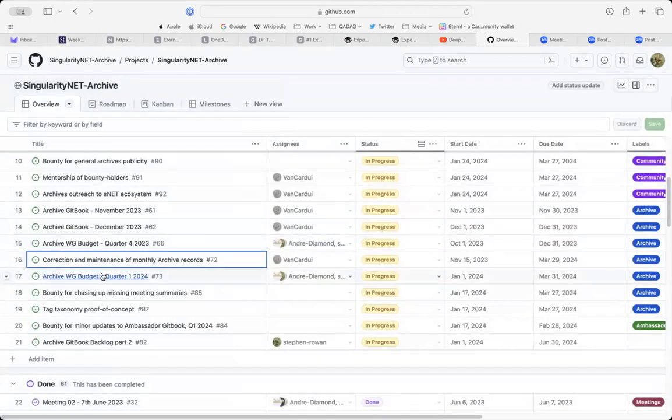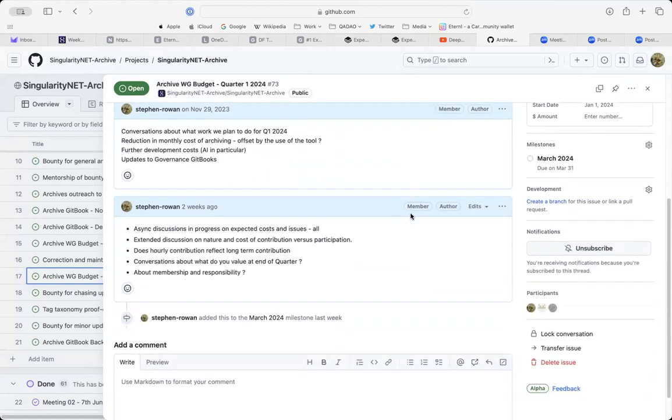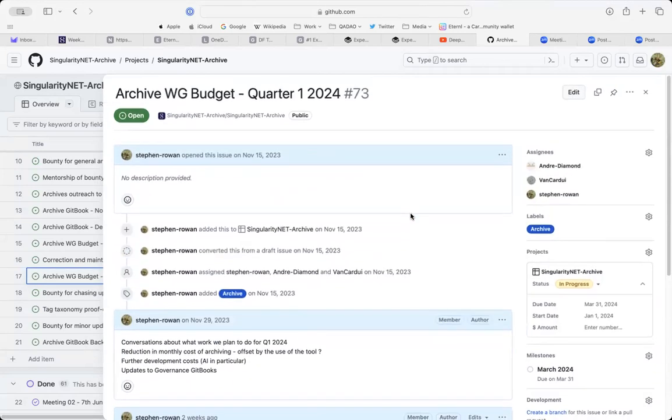Then we have the issue for the budget for quarter 1, which is in progress, presumably. So is that the only thing to be said about this? That is in progress, I just need to submit it, so I'll do that as soon as this meeting's finished. There wasn't anything else to add to it, was there? Okay. But also we'll keep it open like we did with the quarter 4 one until all the related funding issues are submitted, won't we? Yeah, I suppose.